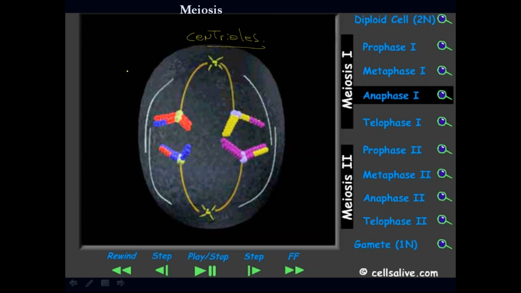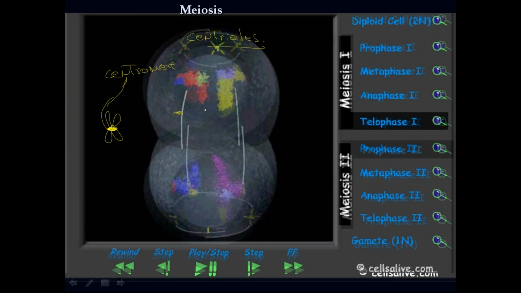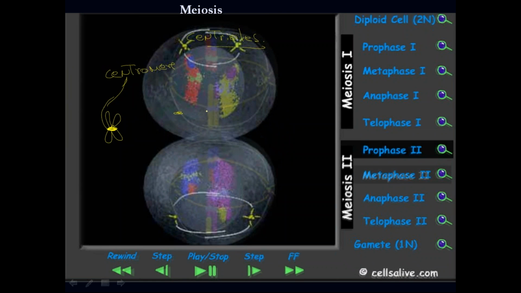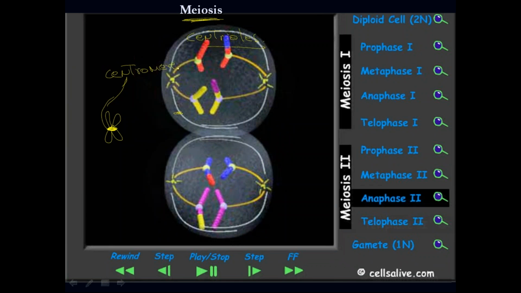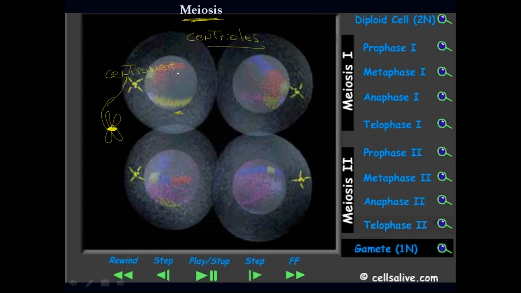And the centrioles are different from centromeres. Okay, where is the centromere? The centromere is this. Remember, we have a chromosome. The centromere is this, so it's different from centrioles. The centrioles are going to be attached to the centromeres, and they're going to pull it. That is the anaphase. Then we have the telophase, right? And then, because I said, meiosis is going to repeat the process again twice. So what is the result? We have 4 daughter cells, right? We have 1, 2, 3, 4. And how many do we have?